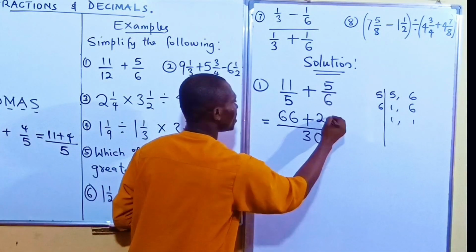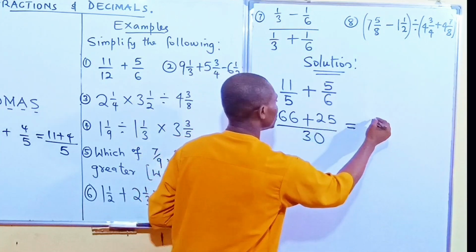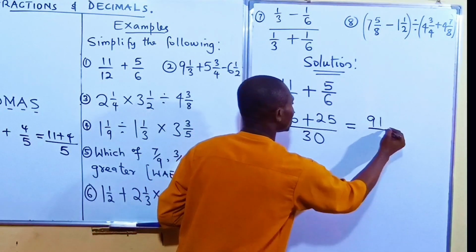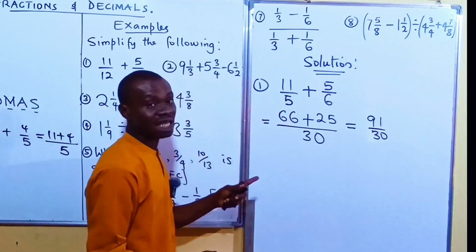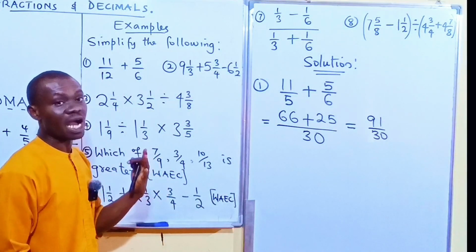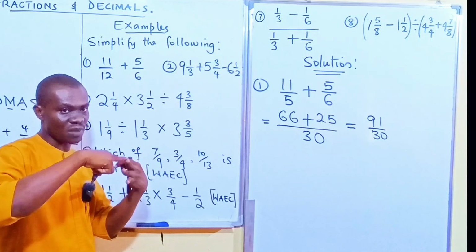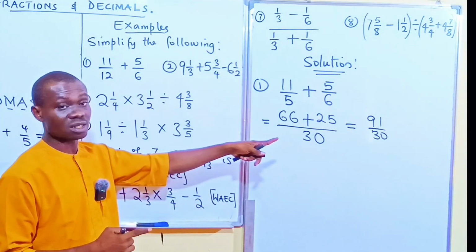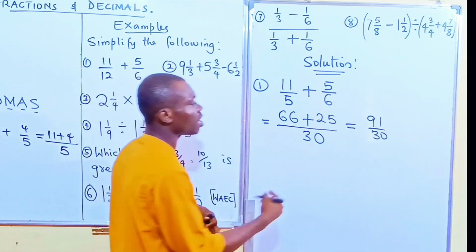5 times 5 is 25. 66 plus 25 gives us 91 all over 30. You can see that is an improper fraction. We have at least three forms of fraction: proper, improper, and mixed number. This one is improper, so you are expected to change it to a mixed number, and that is